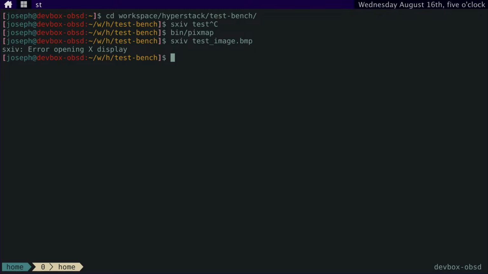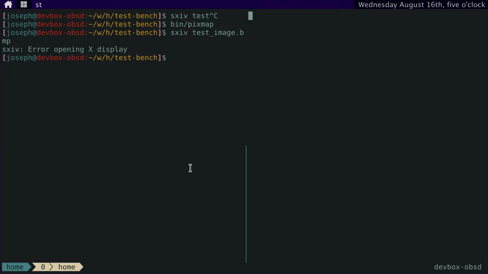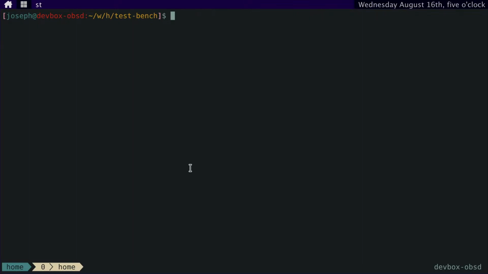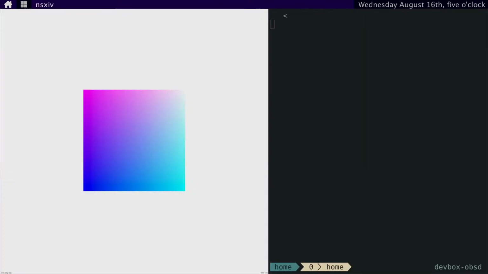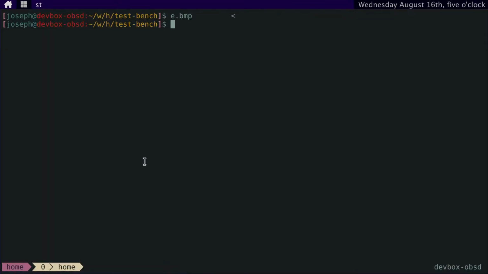Error opening X display. But I'm on an X display. Maybe I need to... let's do that. Okay, here we go. So you can see that's the image. Anyway, and then